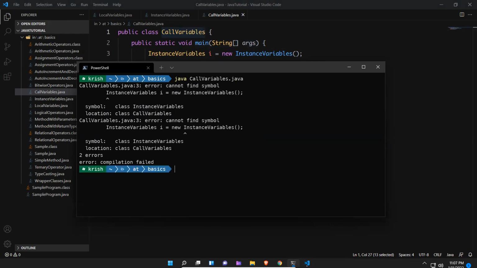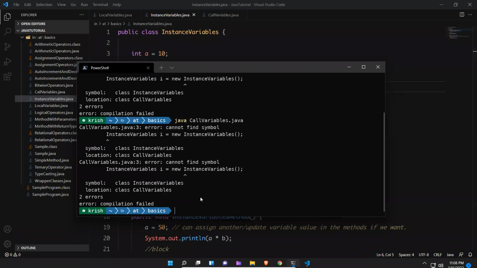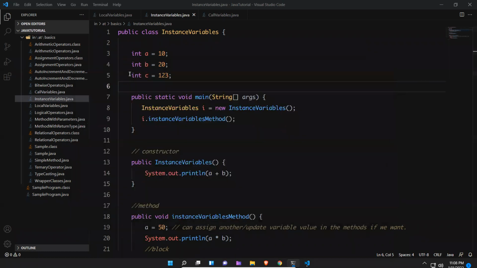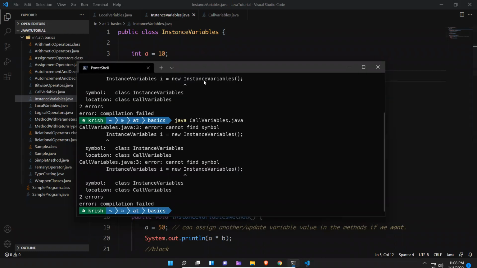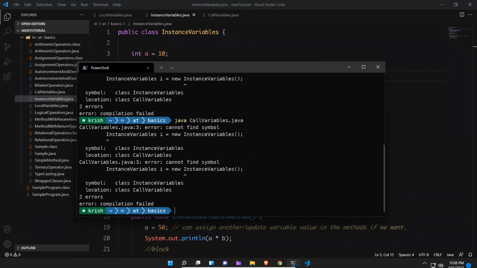You'll get an error: cannot find symbol, InstanceVariables. I think we need to mention this as public. I'll execute again. Still getting the issue.